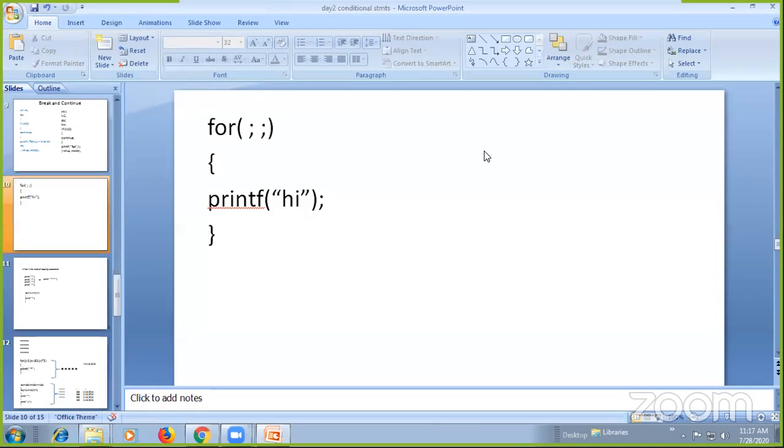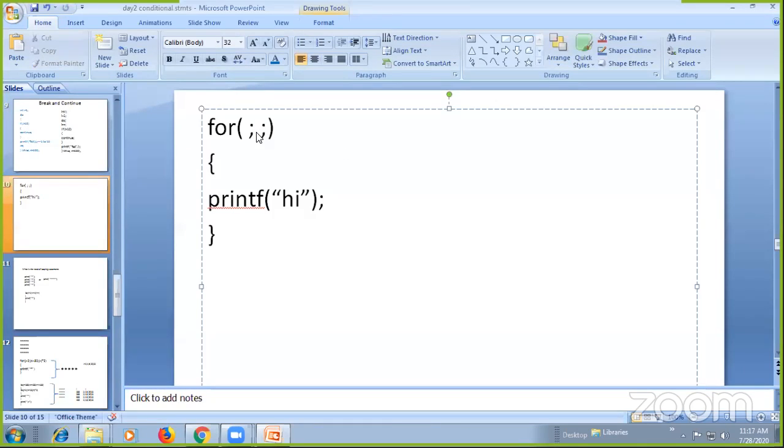Yes, we can have. It will get into an infinite loop, because by default, in the condition place, you have nothing. Nothing means true. It's an exception only in the for loop. Like in the condition place, if you have nothing, it's true. Whereas coming to the while loop, while condition,